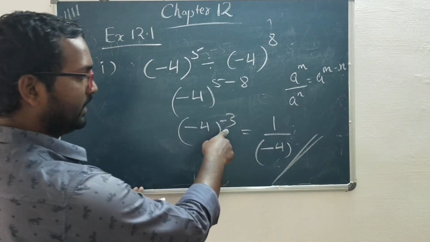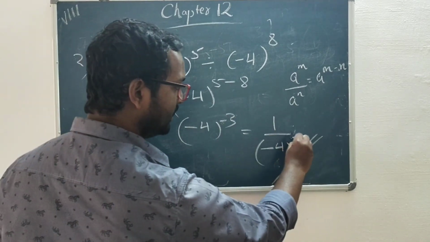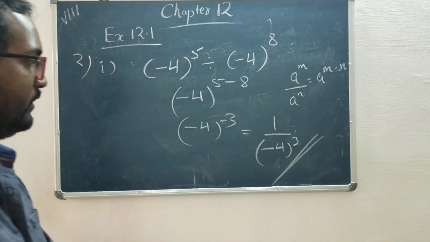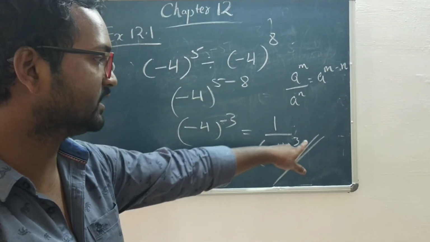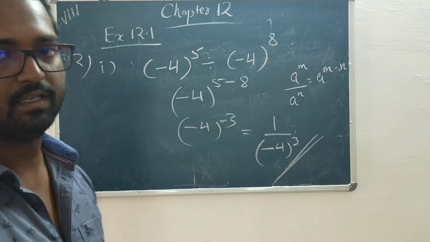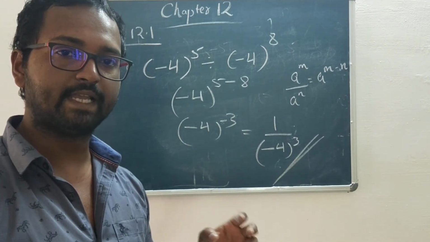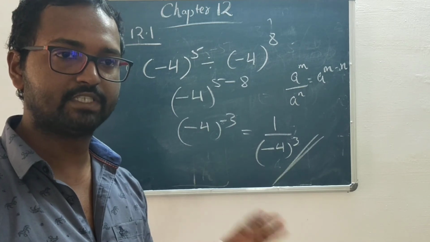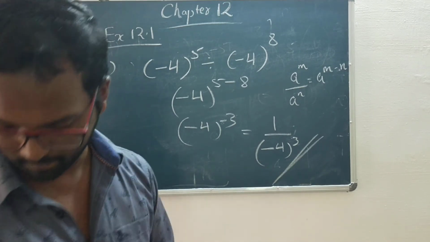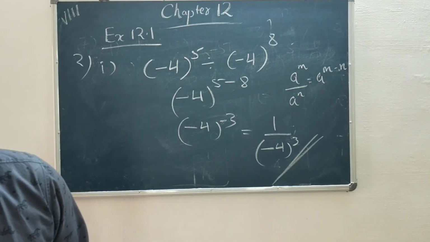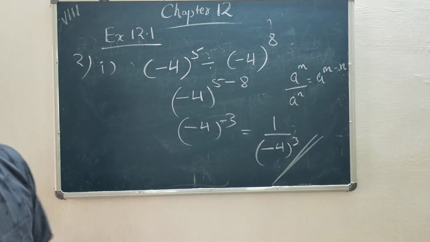Here we got the answer in negative exponents, they want it in positive exponents, which means take the reciprocal. If it was positive and we want it negative, then again take the reciprocal, just change the power to minus. That's how it works. Whenever you take the reciprocal, the power sign will change. From plus it will become minus, from minus it will become plus. Okay. Now let's solve the third one.